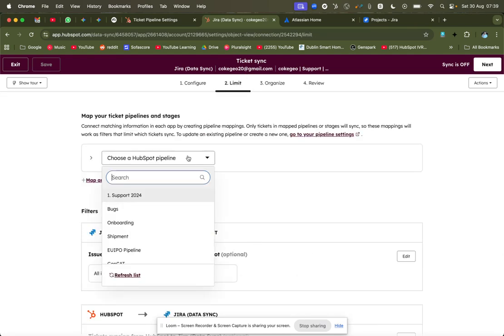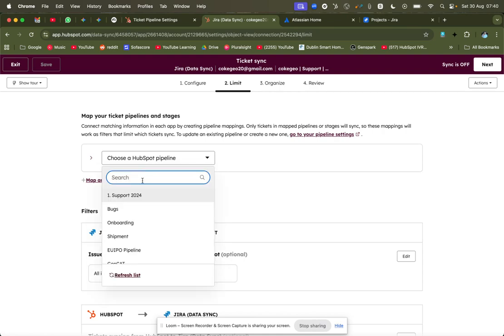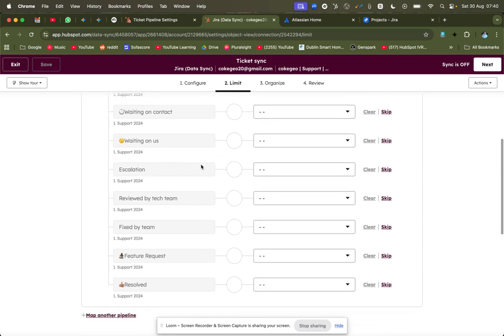So now I have to set up a limit. So what are the ticket pipelines that are going to sync, right? So in my case, I'm going to do the support. I added three different stages. So I added escalation, review by team, and fix by team. So here are the ones that I'm going to map